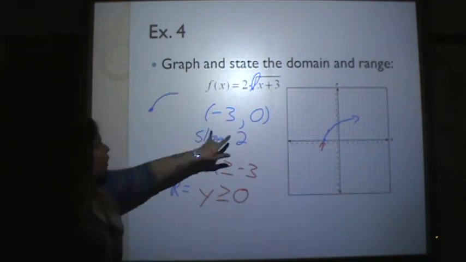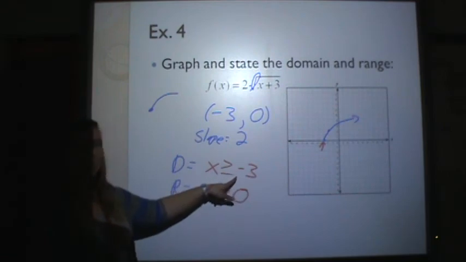So if you notice, that starting point is going to give you